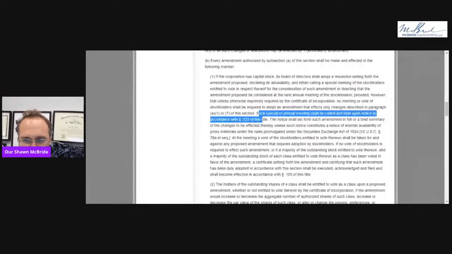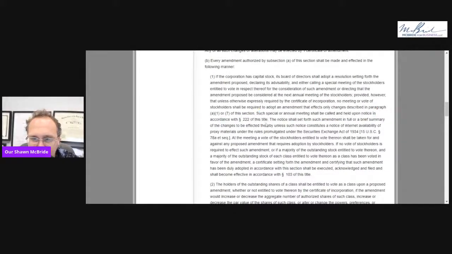You have to notify the special meeting or annual meeting, of course. So if you're going to have a meeting, you got to do it the right way, and you got to tell the stockholders what the changes are. And so it has to say, hey, we're thinking about doing this change. This all makes sense because